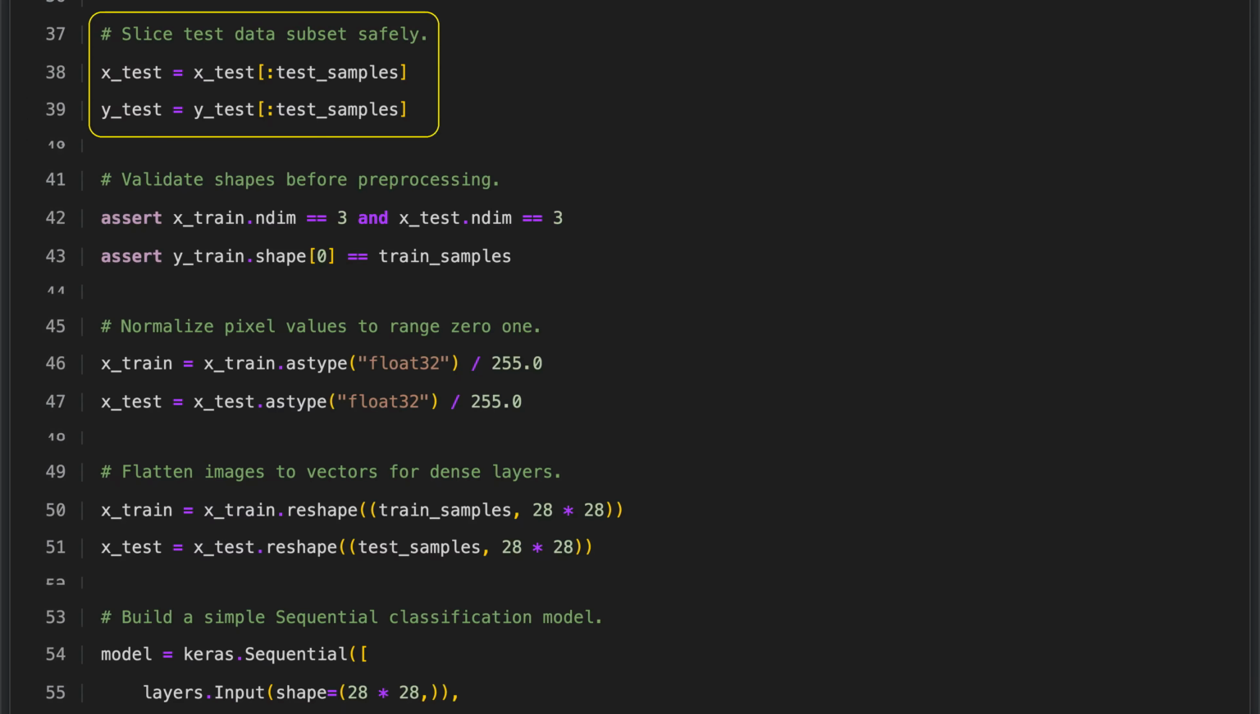We limit the test data to the first 500 images and labels so evaluation runs faster. This subset matches the number of test samples we chose earlier, keeping the setup consistent with our training subset. By reducing the dataset size in this way, we speed up testing while still using a representative portion of the